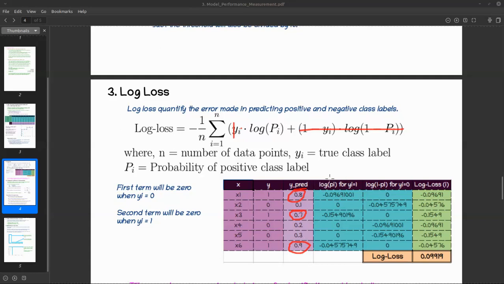The higher the probability, the higher the value of log would be. Log is a monotonic function. And now I am taking minus, so the value will decrease because I am putting minus. Minus 5 is less than minus 4, like this. So the higher the log pi value, the lower minus log pi would be. So this value is very low, minus 0.04. Here I have minus 1.5, here I have minus 0.09. So the higher the probability, the less the loss would be.